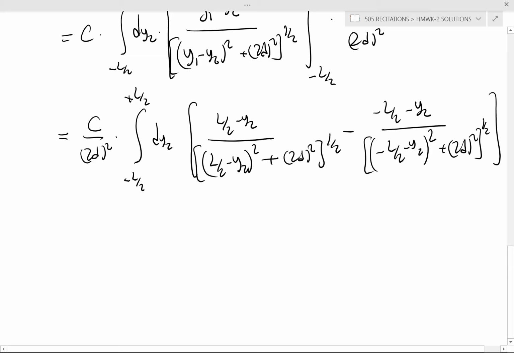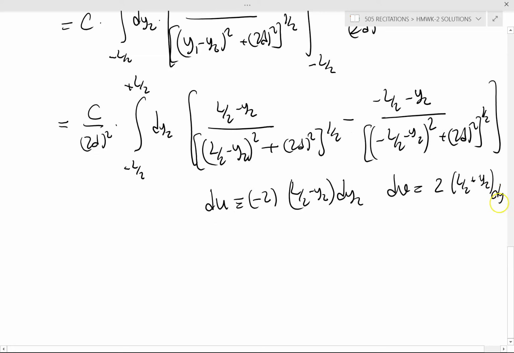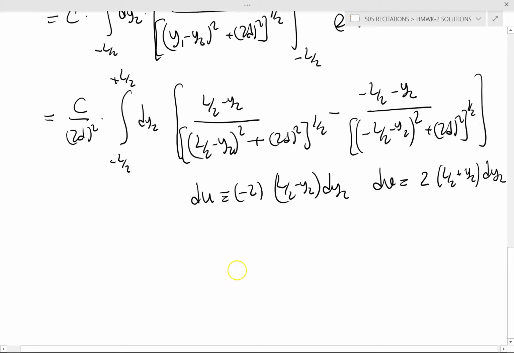Okay, let's define du to be minus 2 L over 2 minus y2 dy2 and dv to be 2 L over 2 plus y, sorry, y2 dy2. Okay, and by using these, at the end you shall end up with the following: